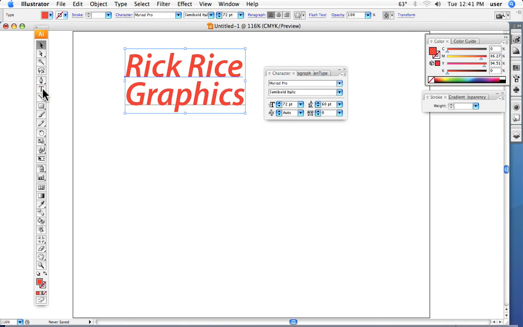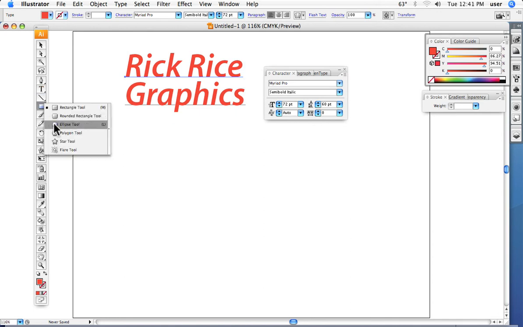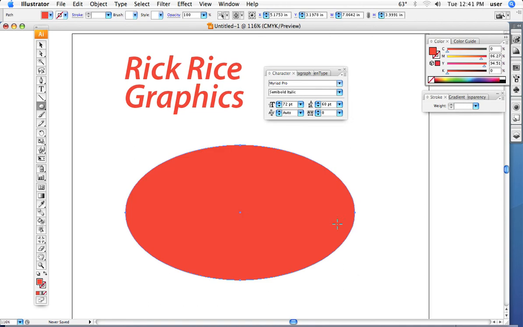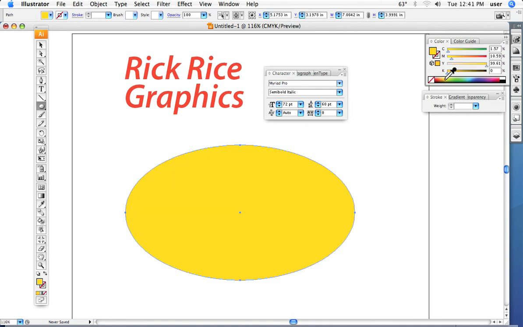Let's go on to the second one. The second type tool is the area tool. And with this, I can create a shape, any kind of shape, with the pen tool or one of these shape tools. Okay. And to start out, you'll see that there's some color obviously here. And with this shape tool,